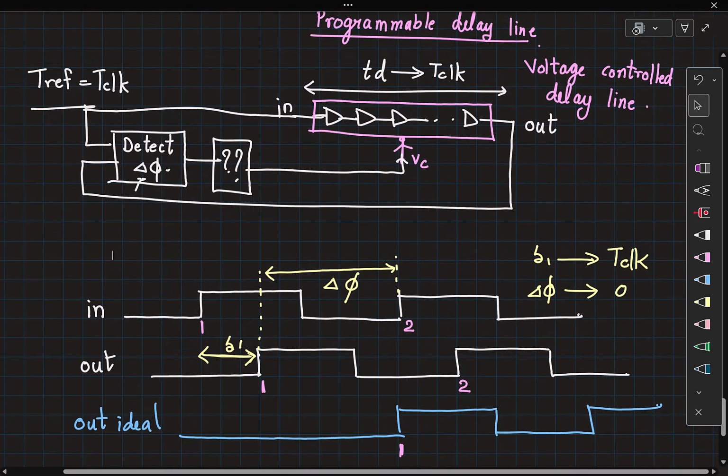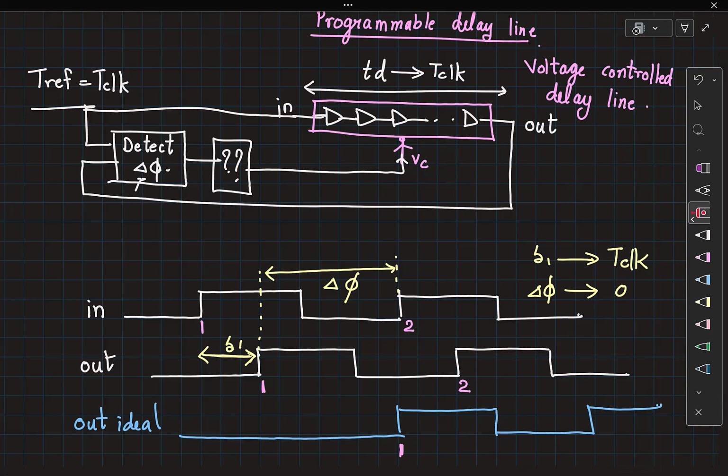Now I have a control node voltage and I need to store this voltage somewhere. Anytime you hear about storing the voltage, what is the one port 2-pin element that you can think of? A capacitor, right? Very easy element. So which means I need to have a capacitor here. And this capacitor is going to store the voltage.